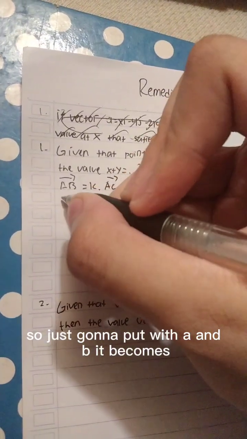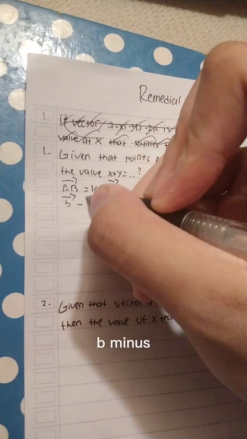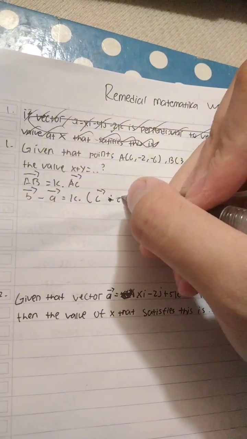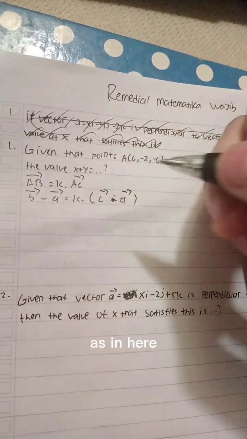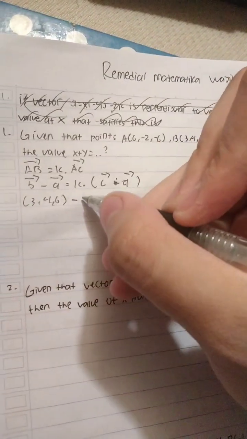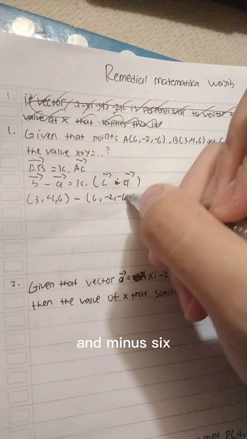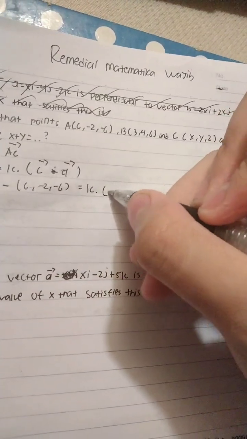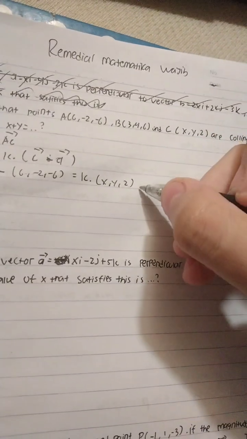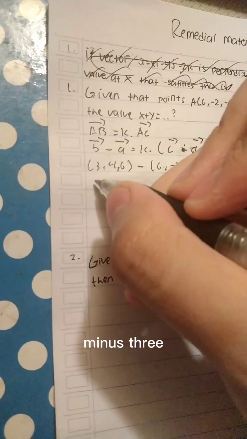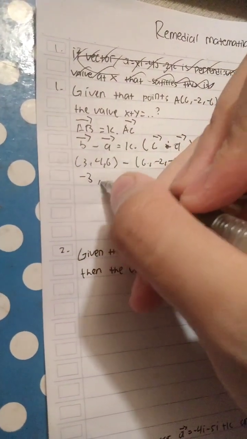So we're just going to put it with a and b. It becomes vector b minus vector a, where k gets the same thing, c factor times a vector. What's in here? 3, 4, 6 minus a, 6, minus 2 and minus 6 equals k times what do you see? x, y, and 2 times with a, 6, minus 2, minus 6, minus 3, minus 6, and we got